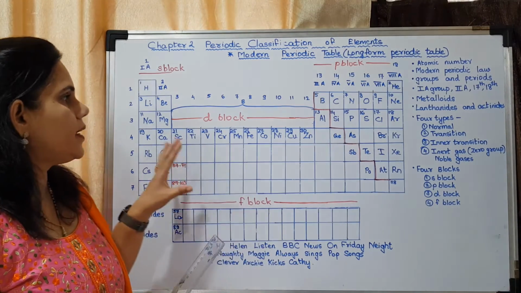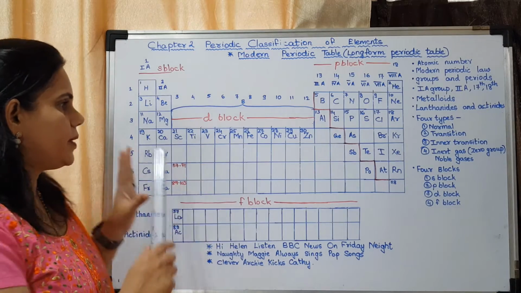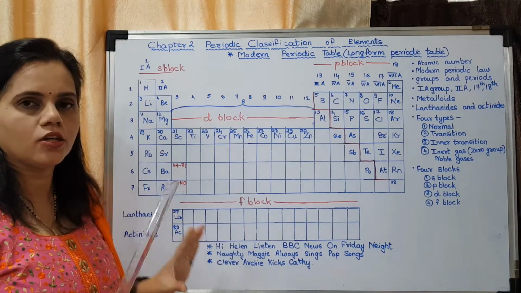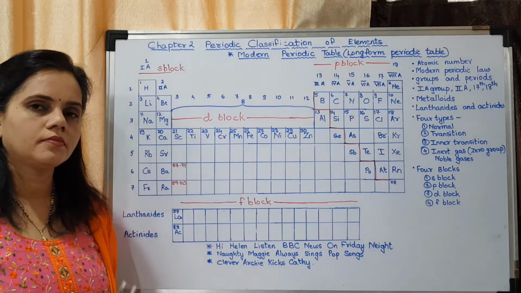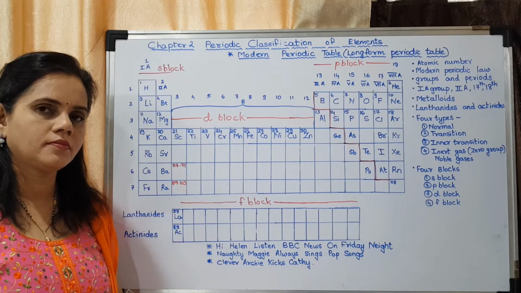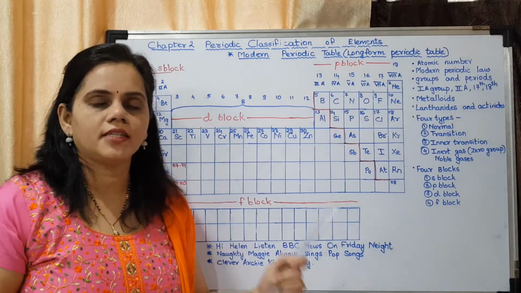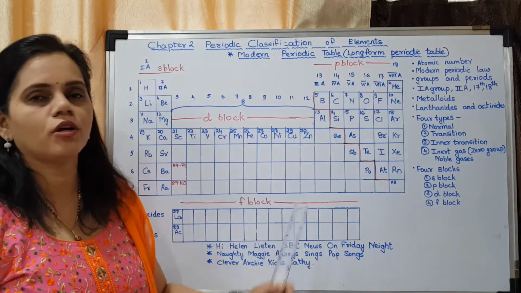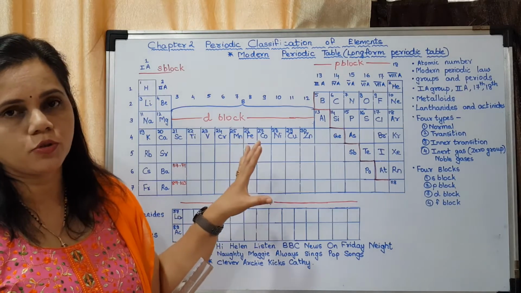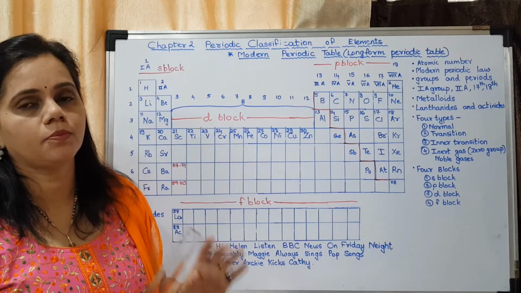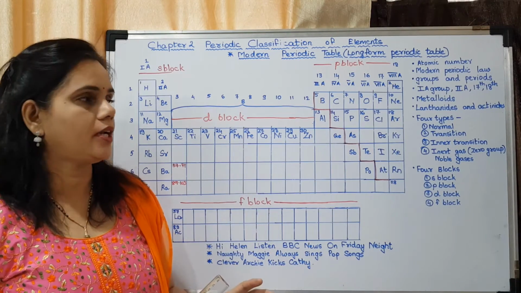You may draw the table. You may draw this much only in your notebook; you may copy it down. Hope you have understood. You don't have to write the names of all the elements according to the textbook, only whatever you are supposed to learn. I repeat, this is what you are supposed to learn from the modern periodic table.